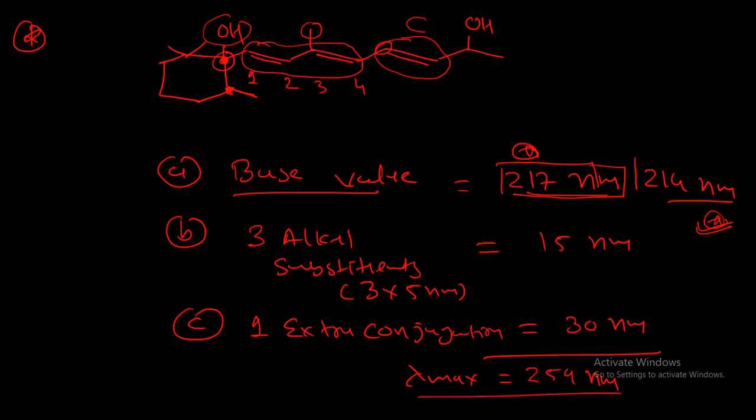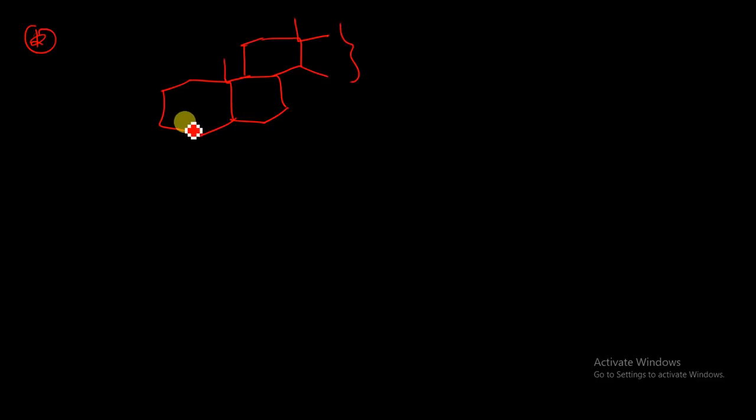Okay, so now let us understand one more example. Here I am having one more example for your practice point of view. This is our last example for this type. Here I am having a ring, there is another ring over here, and there is one more ring over here, and here I am having a substituent, or what we can say the chain. Here I am having an OH group.